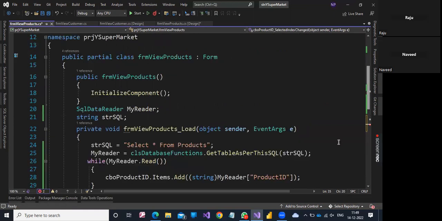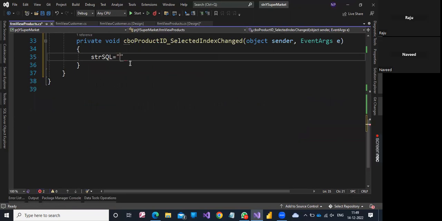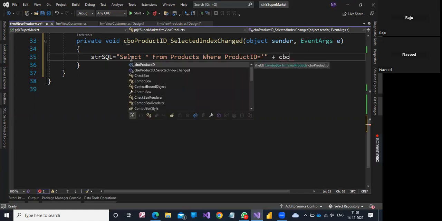Then afterwards, we will put a select star from products where, same thing, where product ID here is equal to single quote, then go plus CBO dot text